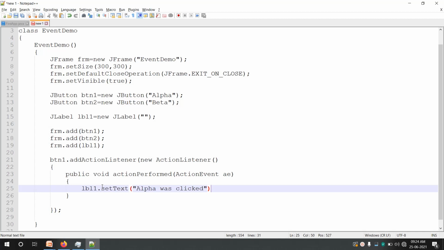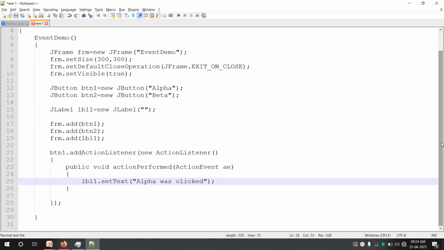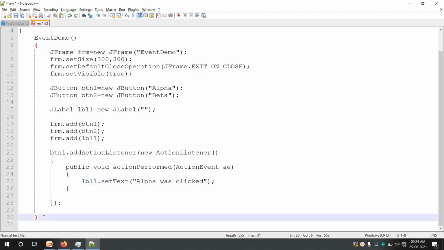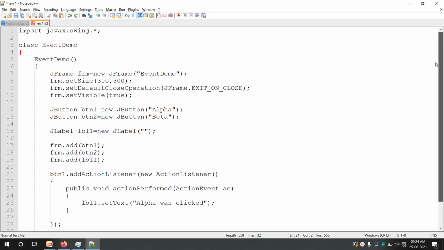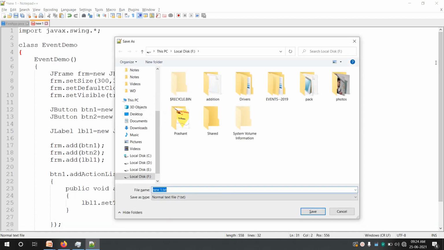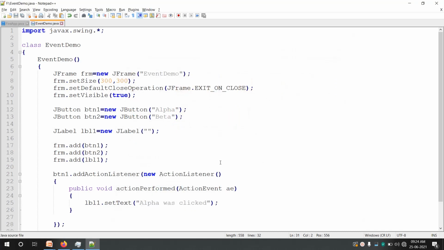Okay, so we have added the event handler for the first button, and we have to add it for the second button as well. Now let us first test the first button. I'll just close the class and save the program. I'm saving the program in F drive, EventDemo.java. It is saved.